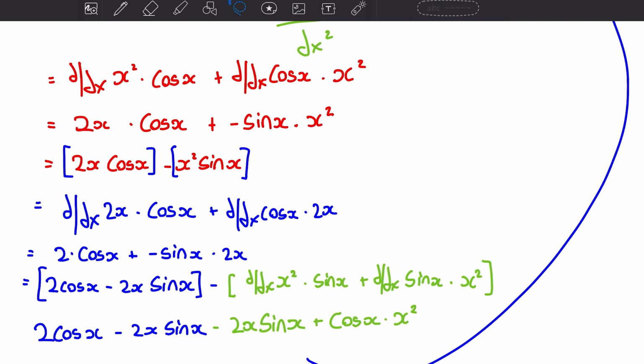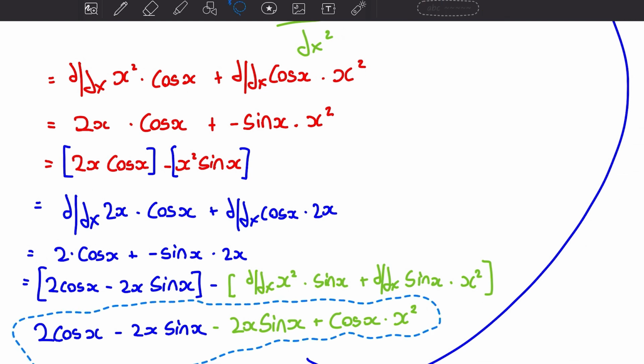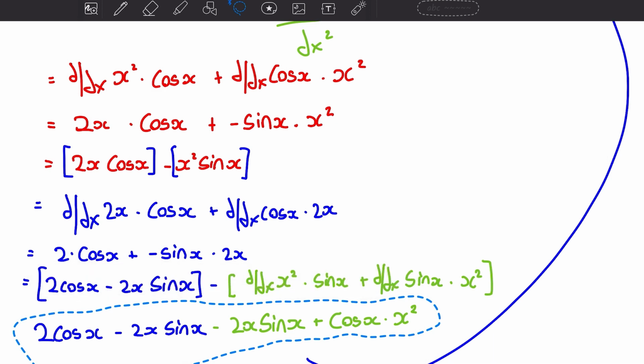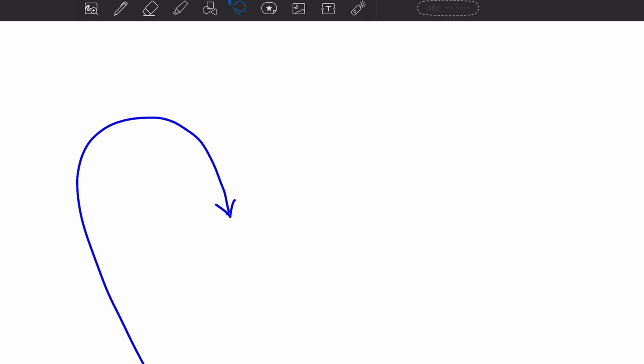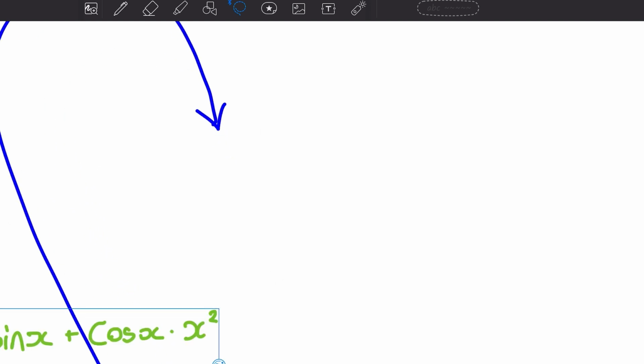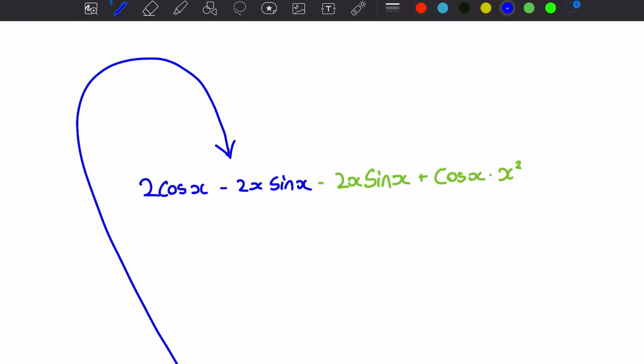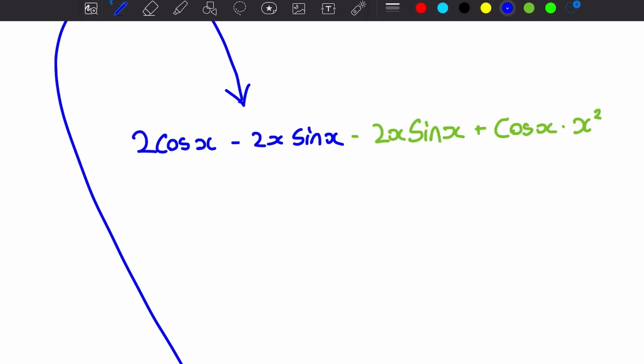I'll just bring this up there as well, just so that we keep on the same page. Okay, so now let's just make this a little bit more neat. So it's going to be equal to, final answer will be in red. So minus 2x sine x and minus 2x sine x, we can add those together, will give us minus 4 sine x, these right here, and 2 cos x plus,